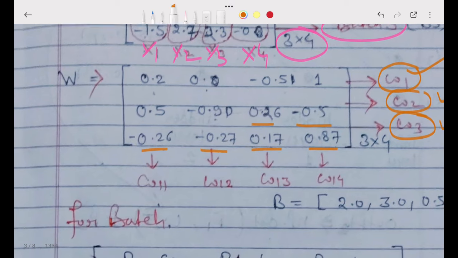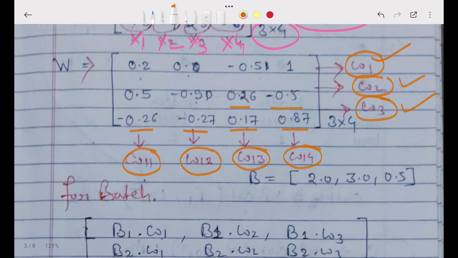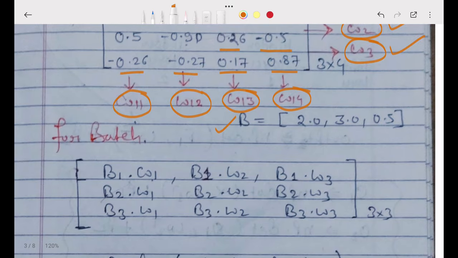This is W11, the first column, W12 the second column, W13 the third column, W14 the fourth column. There are a total of 3 batches, which means there are a total of 3 outputs.